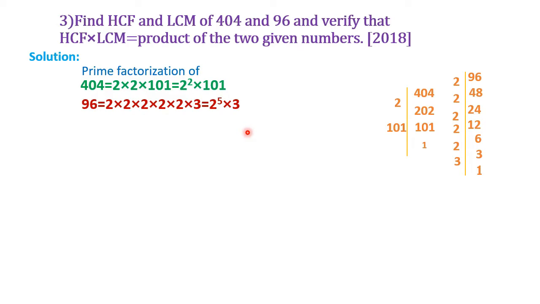To find the HCF, we list common prime factors and their smallest exponent in 404 and 96 as under. Common prime factor is equal to 2. Least exponent means its power is equal to 2. Therefore, HCF is equal to 2 raised to 2 is equal to 4. To find the LCM, we list all the prime factors of 404 and 96 and their greatest exponent as follows. Prime factors of 404 and 96, 2 raised to 5, 3, 101. Therefore, LCM is equal to 2 raised to 5 into 3 into 101,